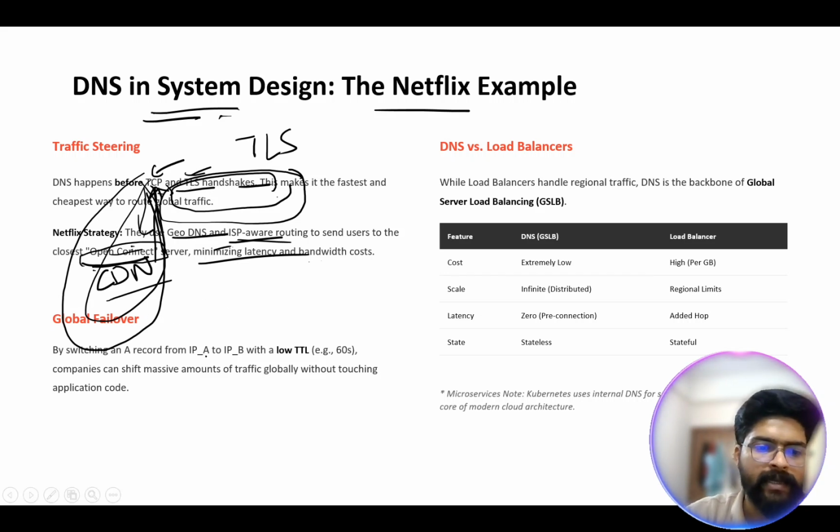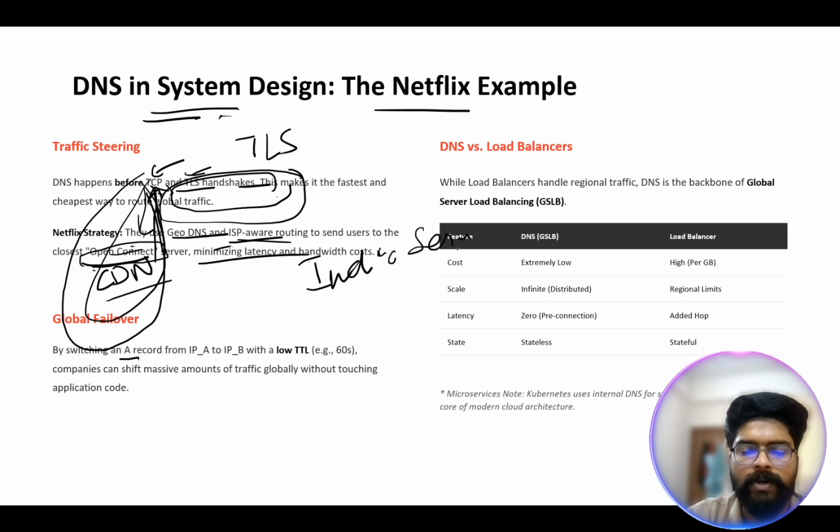And how it's working, for example, it's basically using multiple A records. For example, if for some reason the India server goes down, Netflix can't afford this. They have a huge market in India, so they immediately switch to a different server which is in the US. Although it will increase some latency, the Indian user will automatically get data from the US server